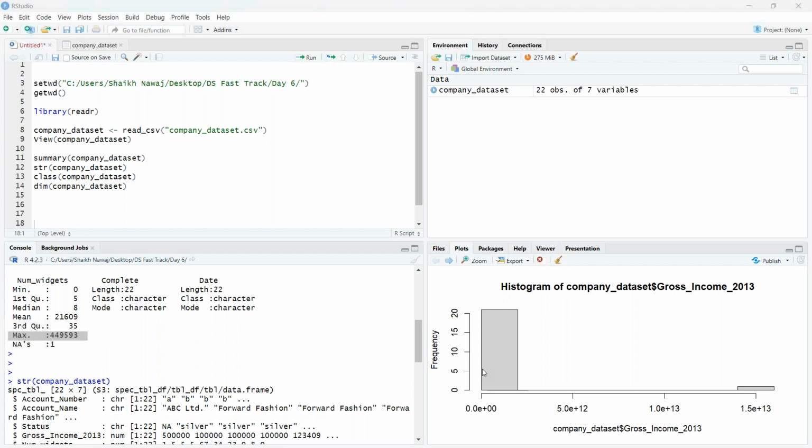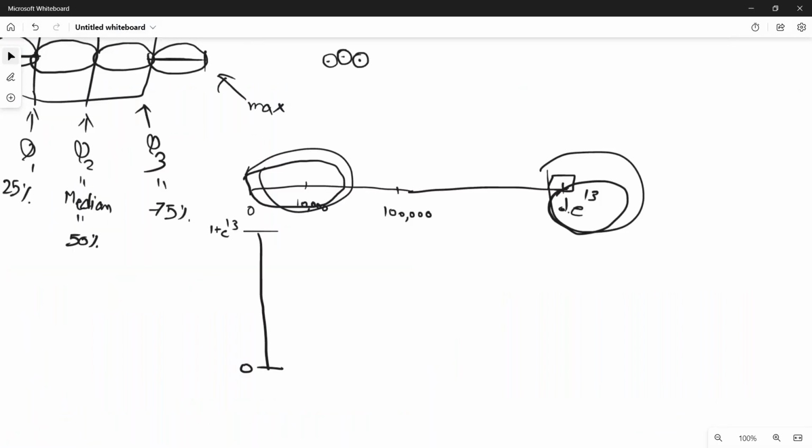So if you plot the box plot, you will see it like this, because the range is quite high. If you plot the box plot only for this much range, you will see the box plot like this. But for the full range, you will see the box plot as only one line, because